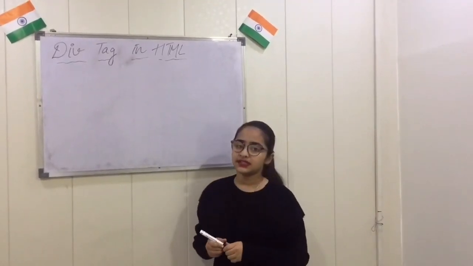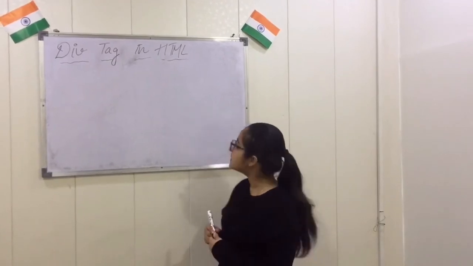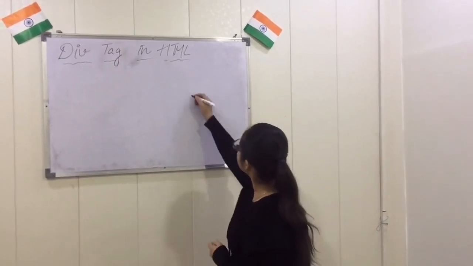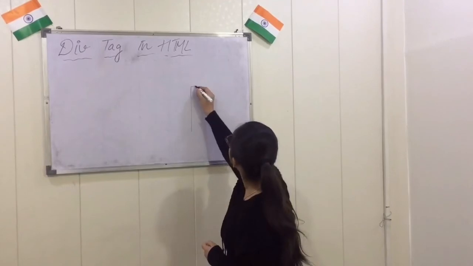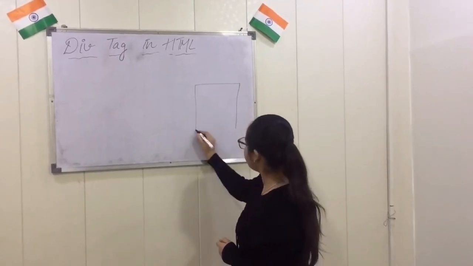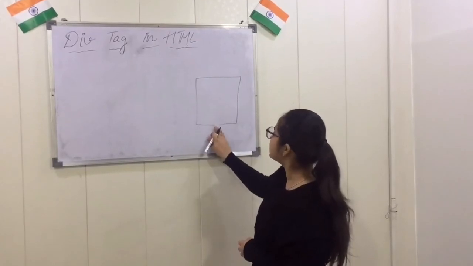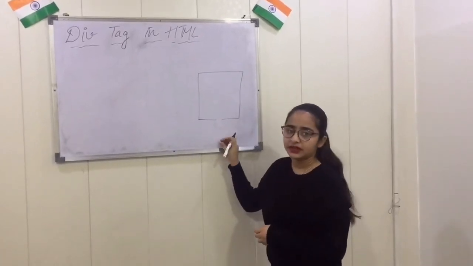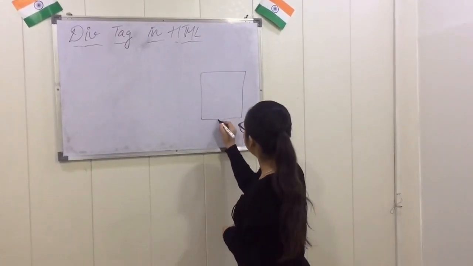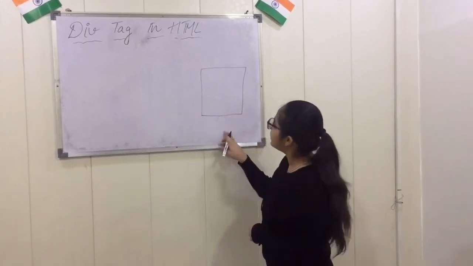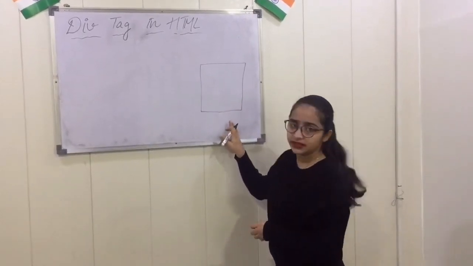Today we are going to discuss the topic how to create a div in HTML. So now we are going to discuss the div tag in HTML. The first question is, what is a div? A div is a layout of a page. Suppose this is a div created here like a box. In previous stages we had to create a table, but that was very awkward and a very lengthy process. So to make it advanced we have made a div.